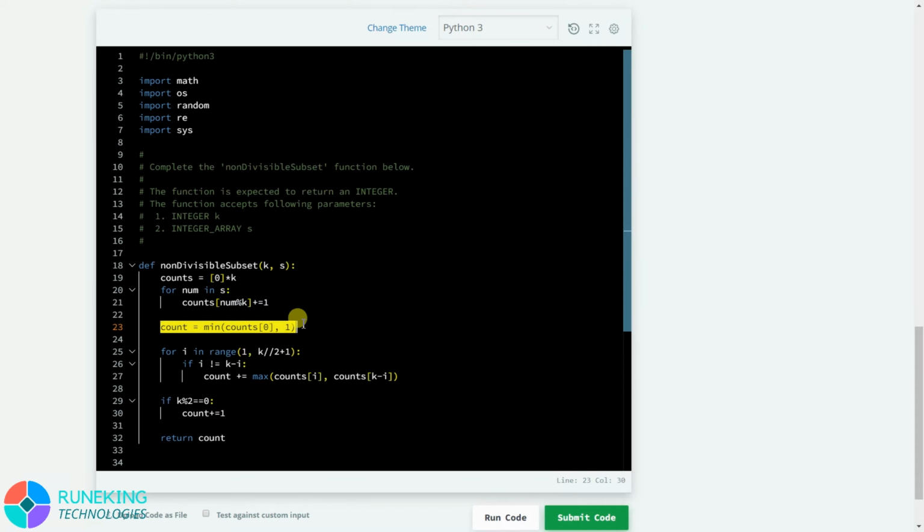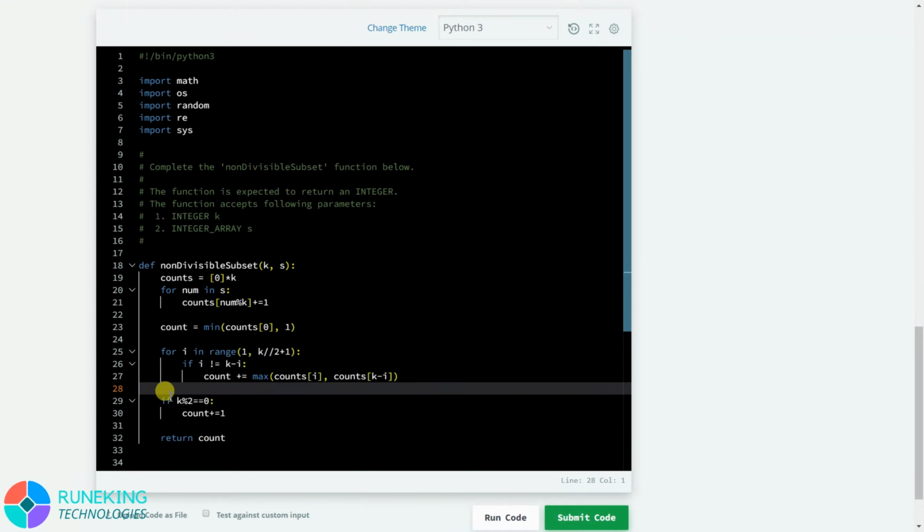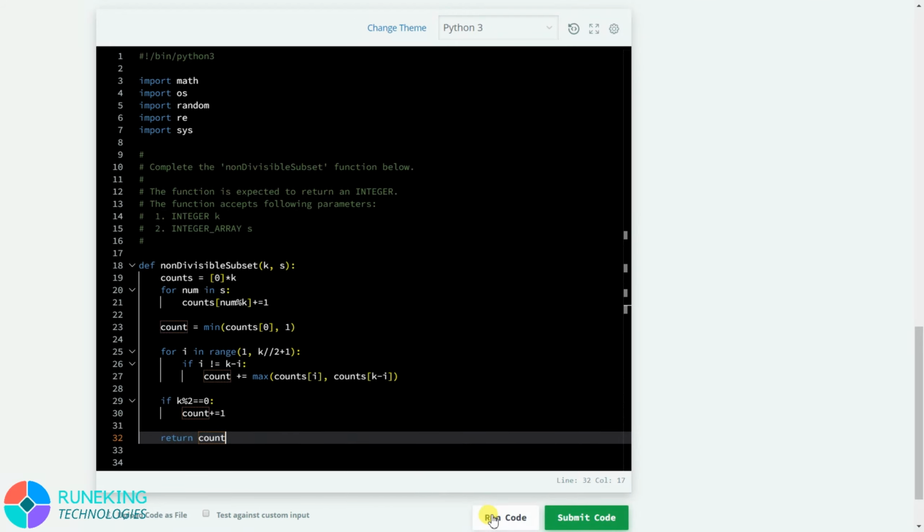After that we initialized a count according to the 0th index position element, that means it is 0 or 1. After initializing it, we found the pairs whose sum is not perfectly divisible by k, and according to those pairs we increased the value of count. At last we checked the divisibility of k by 2. If it is divisible, then we increased the count by 1, and at last we returned the count.